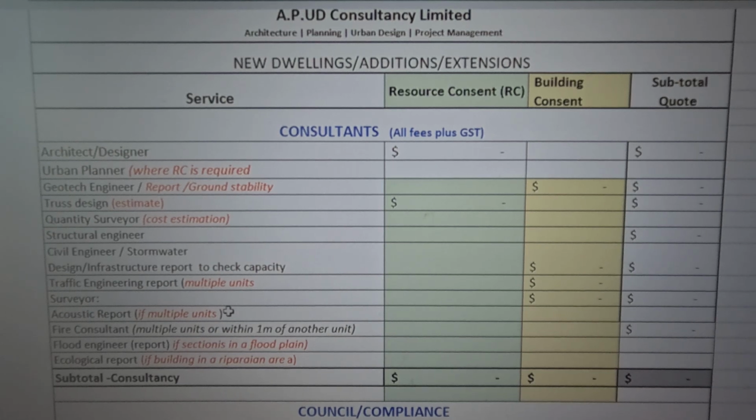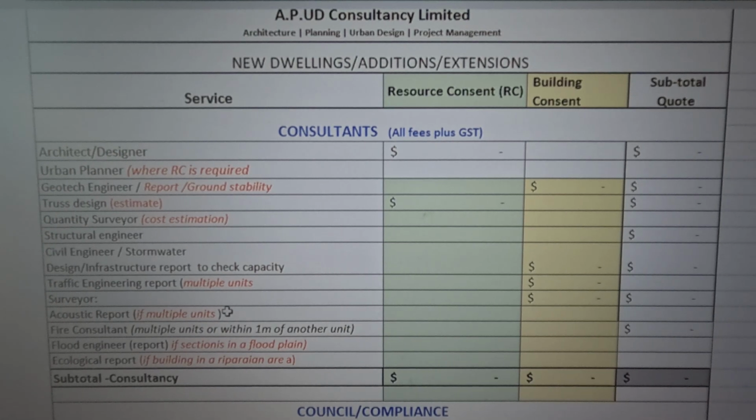So up to that level, you can see with the complexity and size of a project and where you're building the project, you're going to need different types of consultants to come together to make sure that your project is complying, is designed robustly, and is designed according to code, and there's not going to be issues when in fact